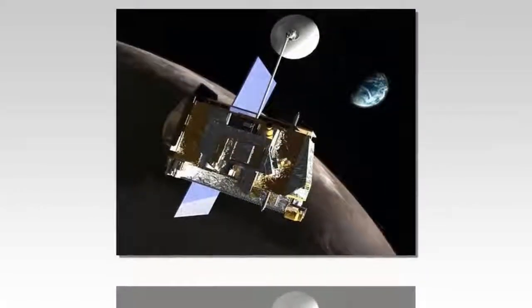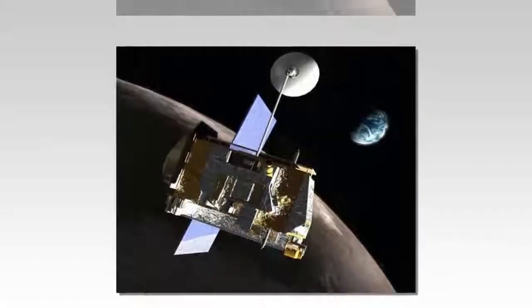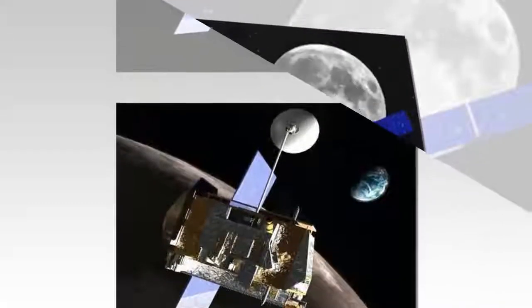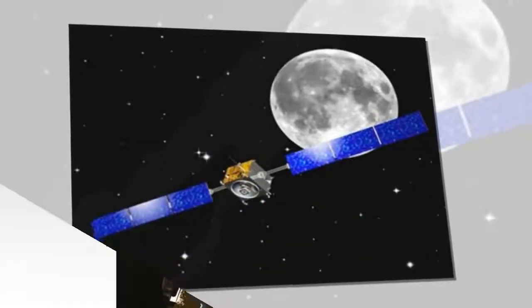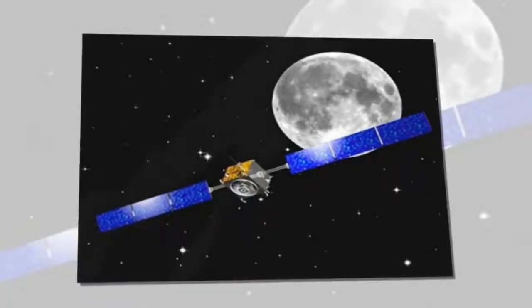In September 2008 itself, the Chandrayaan-2 mission was approved by the government at a cost of Rs 425 crore. The budget does not include the cost of the GSLV launch vehicle or the lander. The mission is an important step in India's plans for planetary exploration, a program known as Planetary Science and Exploration,